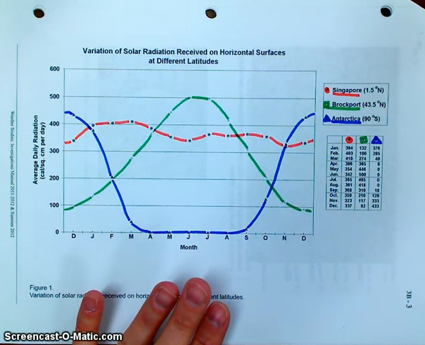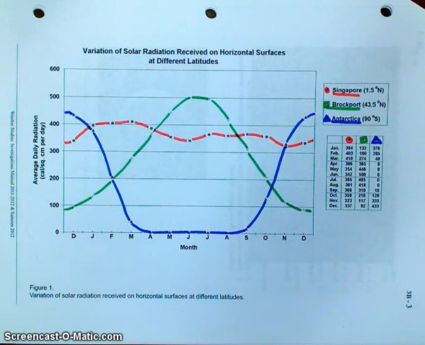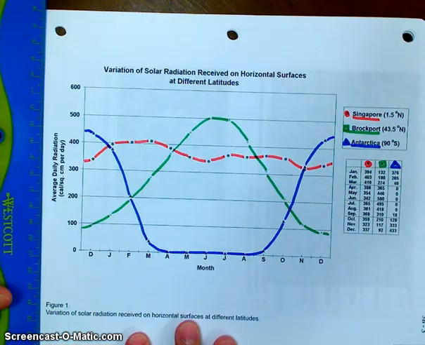It says mark the equinoxes and solstices on figure 1 by drawing vertical lines at approximately March 21st, June 22nd, September 23rd, and December 22nd. Those are the approximate dates for either equinoxes or solstices. So let's take a minute and use a ruler and mark those